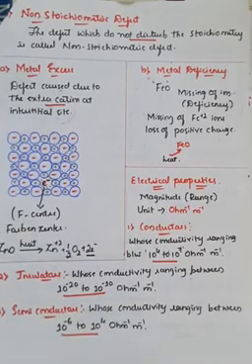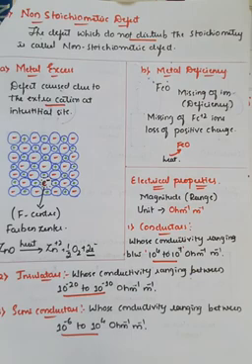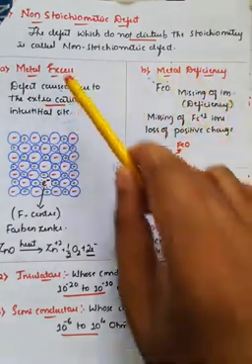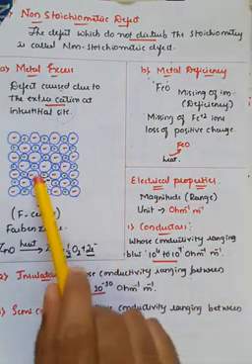And the next important thing we have seen is non-stoichiometric defect. This is the third type of defect, the defect which does not disturb the stoichiometry of the molecules or the crystal system, and it is generally recognized as non-stoichiometric defect. In non-stoichiometric defects, there are two types. One is metal excess defect, and another one is metal deficiency defect. In the metal excess, what happens? It looks like there is one extra cation due to the removal of one electron.